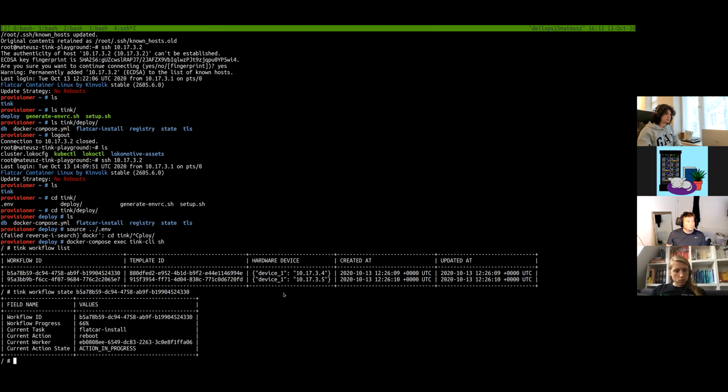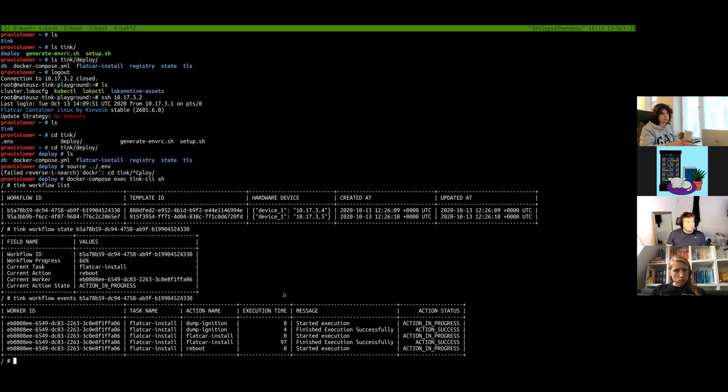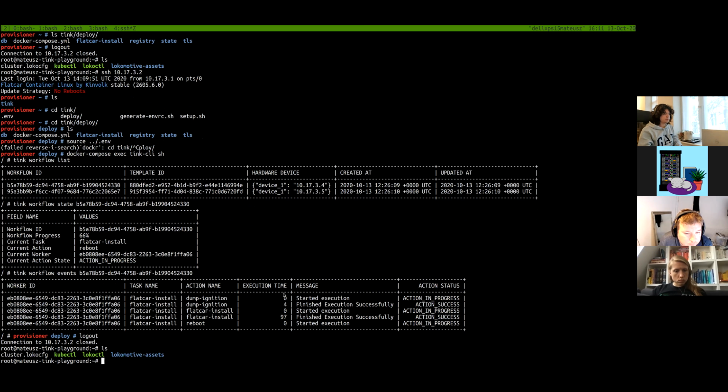Of course, it shows the action in progress because Tinkerbell is not able to reboot the nodes yet. But you can see that Flatcar has been installed here, and there were some interactions with Tinkerbell. Other than that,